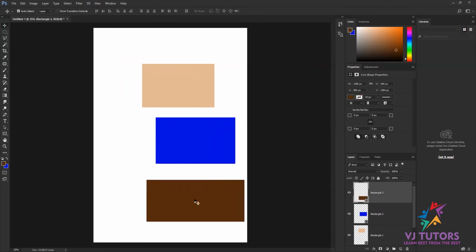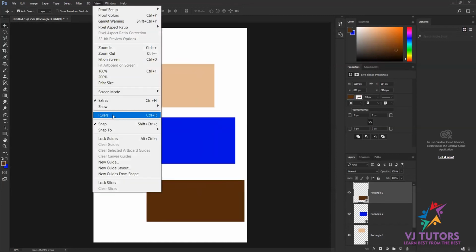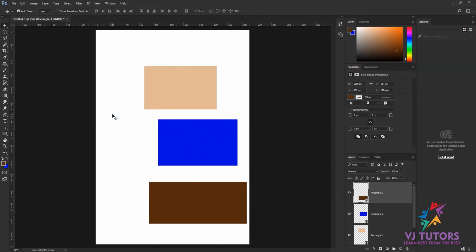Suppose I press Ctrl R to access the ruler, or I can go to View and then Rulers. I click on Rulers, so my ruler automatically gets into place. Now this is my horizontal ruler and this is my vertical. If I drag from the ruler, it gives me one line, and that line is called a guideline.